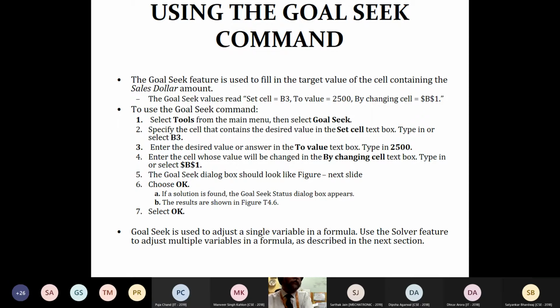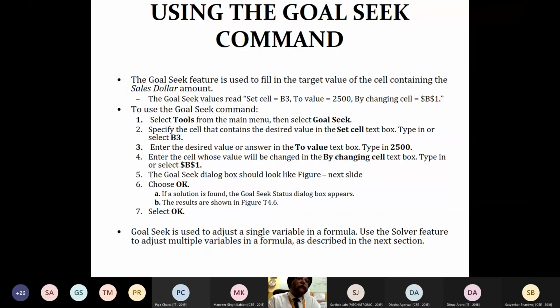Specify a cell that contains the desired value in the Set cell text box. If you are not able to find it, you can use the find option in Excel to locate where the goal seek actually is. Then enter the desired value or answer in the To value text box.